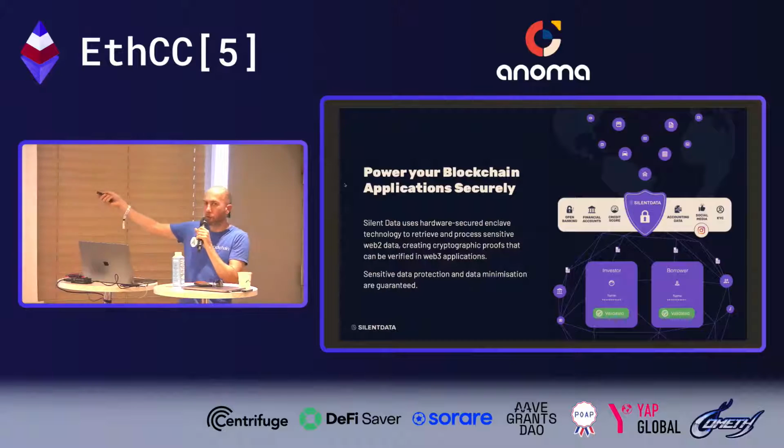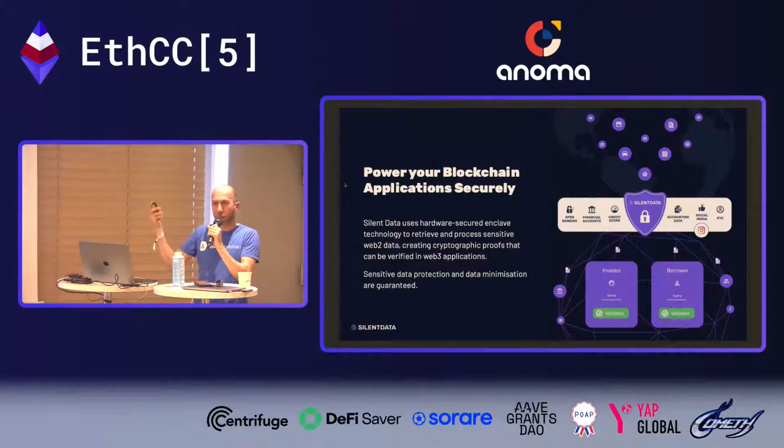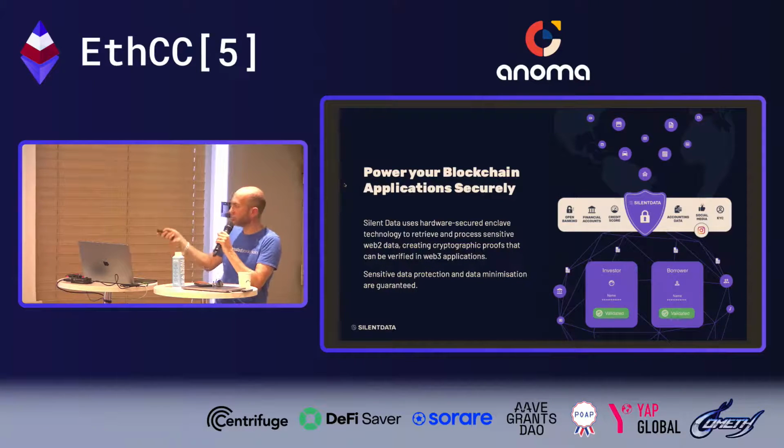Another example, by the way, is social media. So we've got an application that we're building where people are using Instagram accounts to sell. We want to be able to prove that the owner of a wallet is actually the owner of an Instagram account. So we can use an integration that we have in Silent Data to enable a wallet to be linked to an Instagram account and to provide the proof to the smart contract that the link is there without us actually having any access to that account or to its credentials or anything like that. So they're not revealed to anyone.